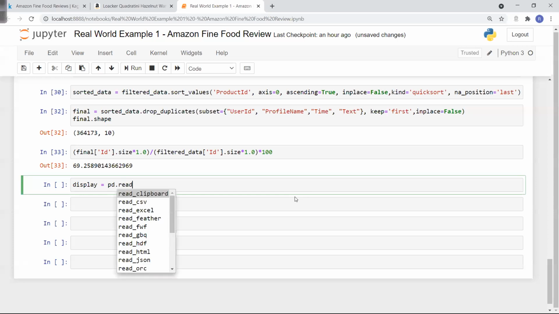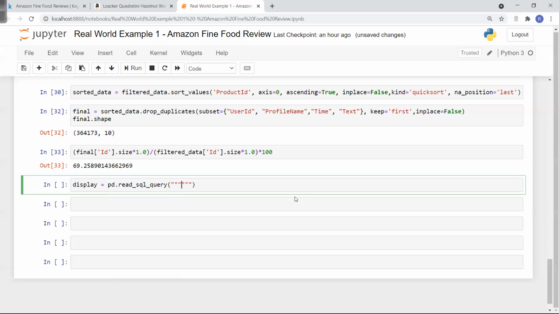So pd.read_sql again. I'm going with the original data only, first of all. And here I will write one query again: select star from reviews where score is not equal to 3, and I'll take 2 IDs.